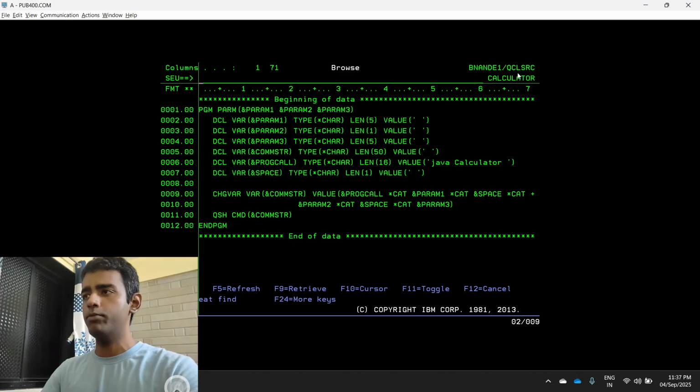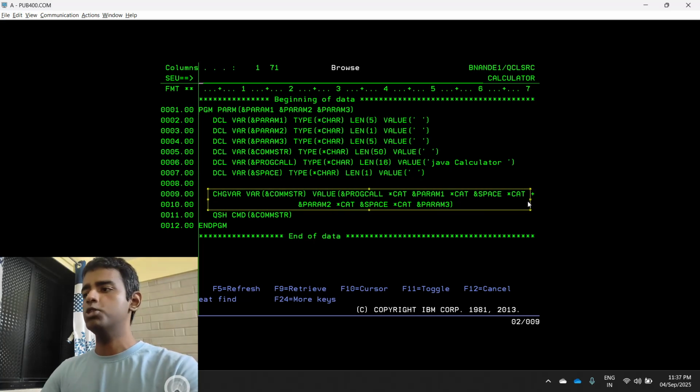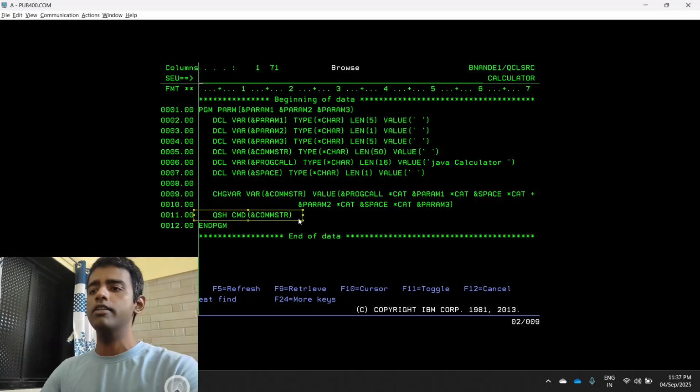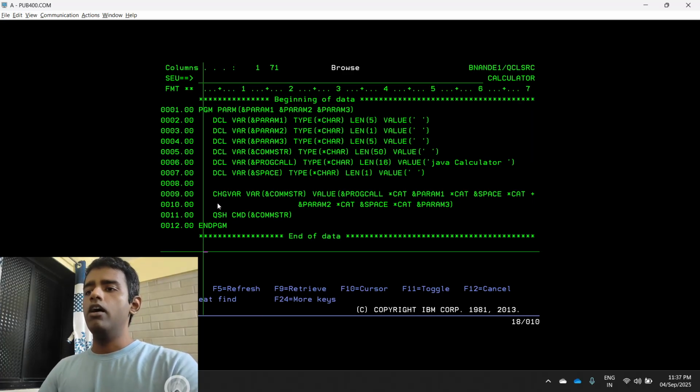So let us look at our screen. This is a CL program which I have created before. As you can see, this is a very basic program where we are declaring some variables, changing the variable value, and then executing a command from the CL program. This basic CL program, you might say, might never get an error. But there could be an